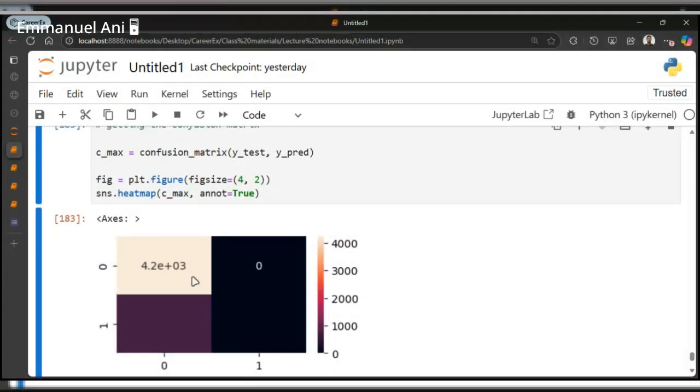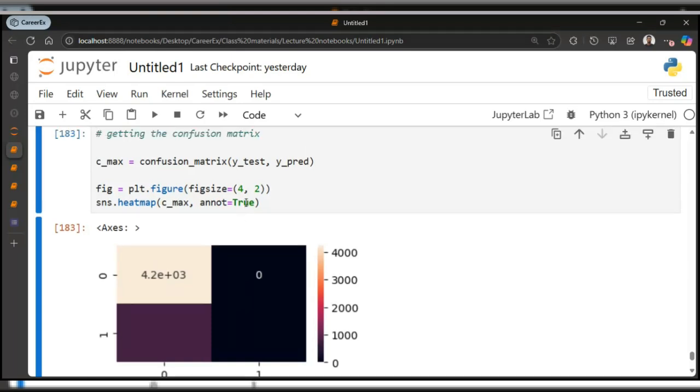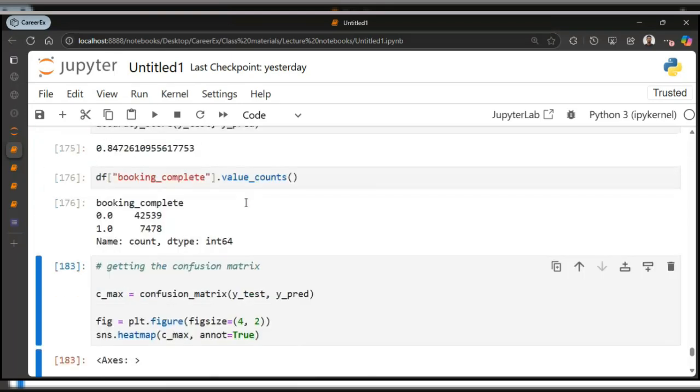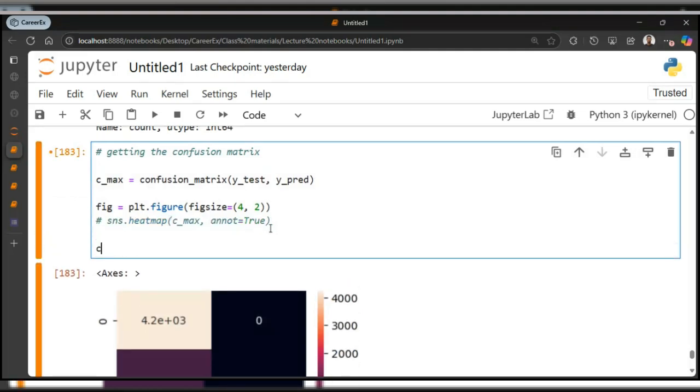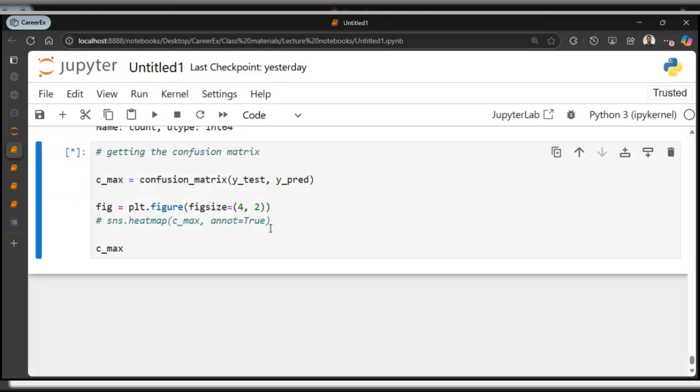So this is used for the heatmap. There's a way we can get the values for each of these cells by using annotation. Time has gone, so we won't look at that again. Basically, you've gotten your confusion matrix, which is this cmax.